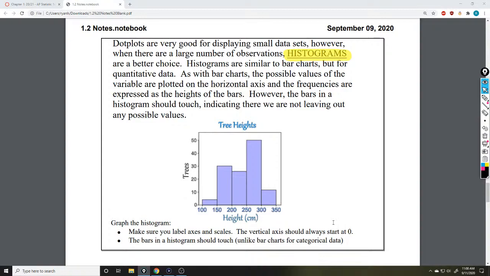And so we'll look at some more examples and talk about ways that we can analyze data on Monday and Tuesday. And we'll also, on Monday and Tuesday, look at our first AP free response question. So we'll talk about how we can write about and analyze data, and